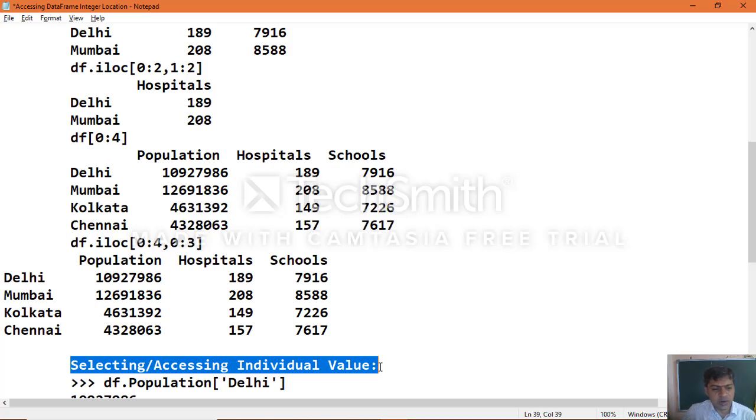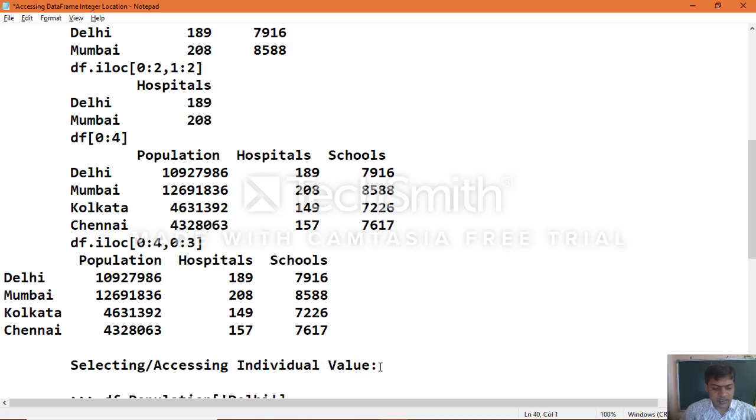Now if you want to access an individual value, how can we access it? For that we use another way, with the help of at and iat. There are two ways to access an individual value of your data frame object.